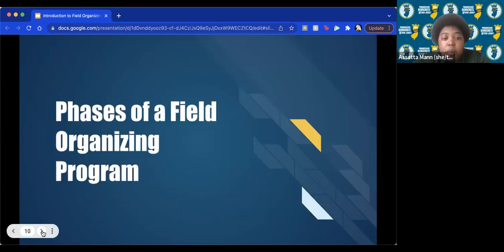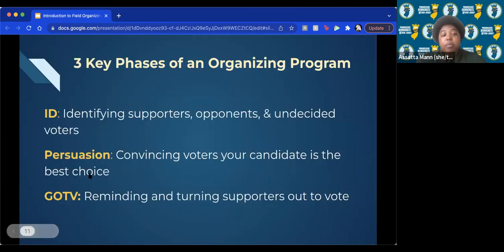So next, we'll talk about the different phases of a field organizing program. You don't just start a campaign a year out and then election day comes, and you do that in a way that isn't thoughtful, right? There has to be succinct parts of a plan and a program. And so the three key phases, the traditional phases of an organizing program, are going to be ID, persuasion, and